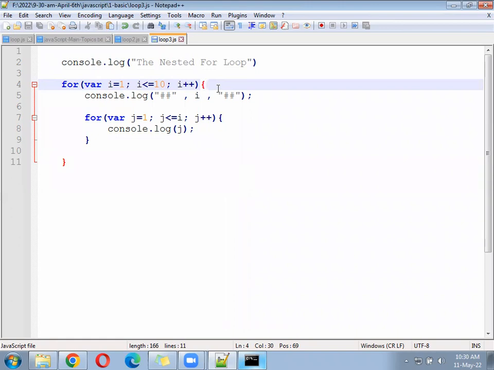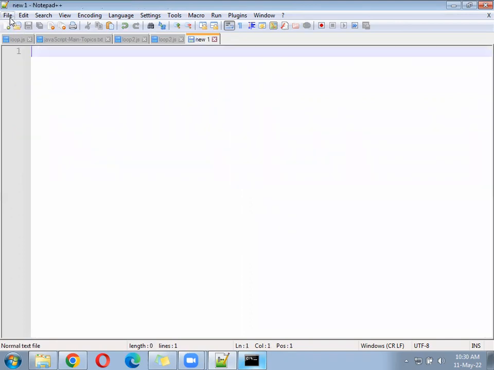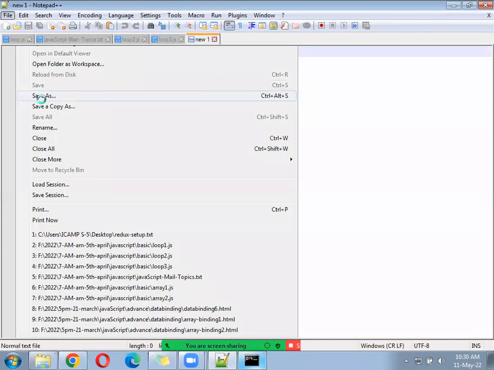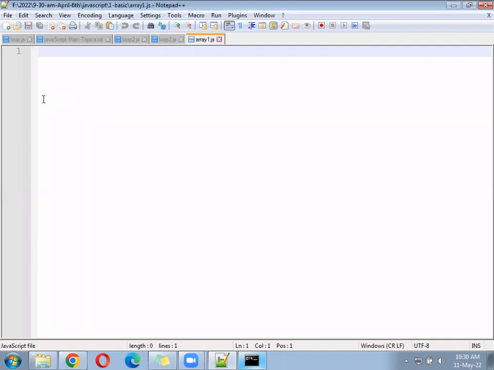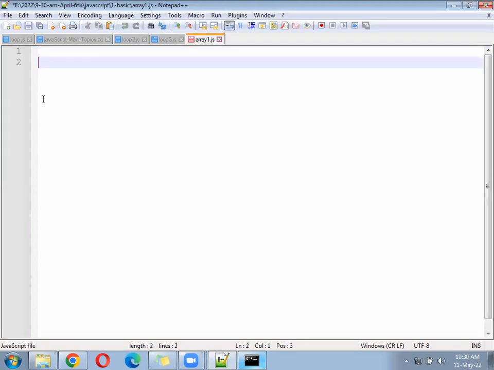Right, next go ahead, save the file array1.js. In the array1.js,